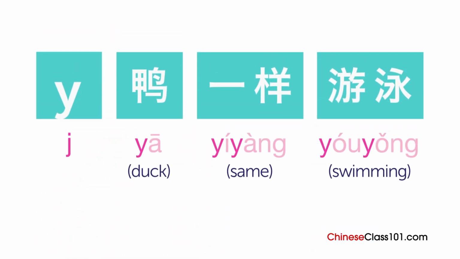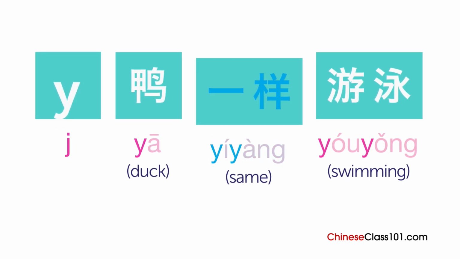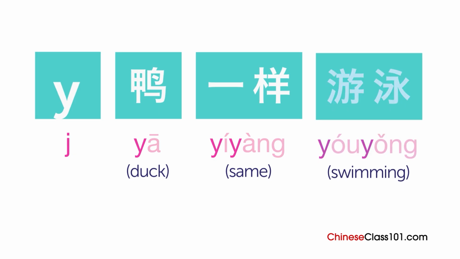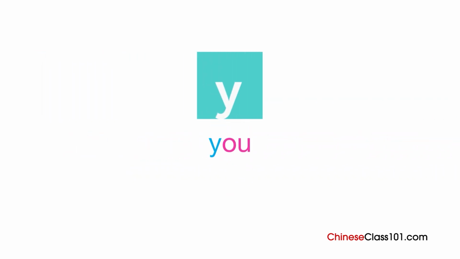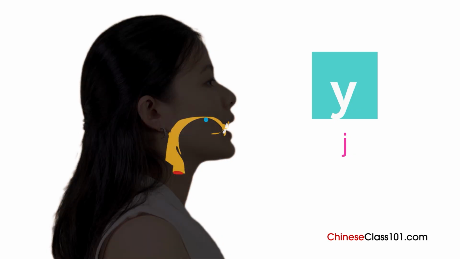The final consonant for this lesson is y, 也，鸭，一样，游泳，like the Y in the word you. 也，也。